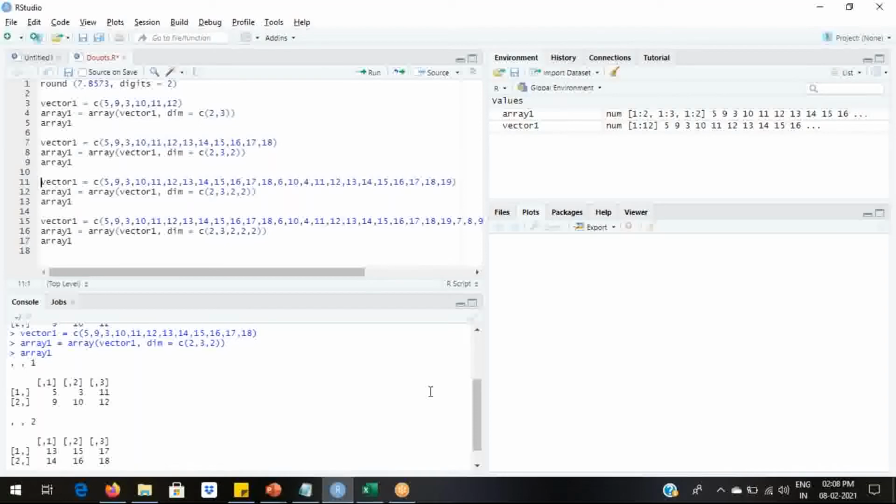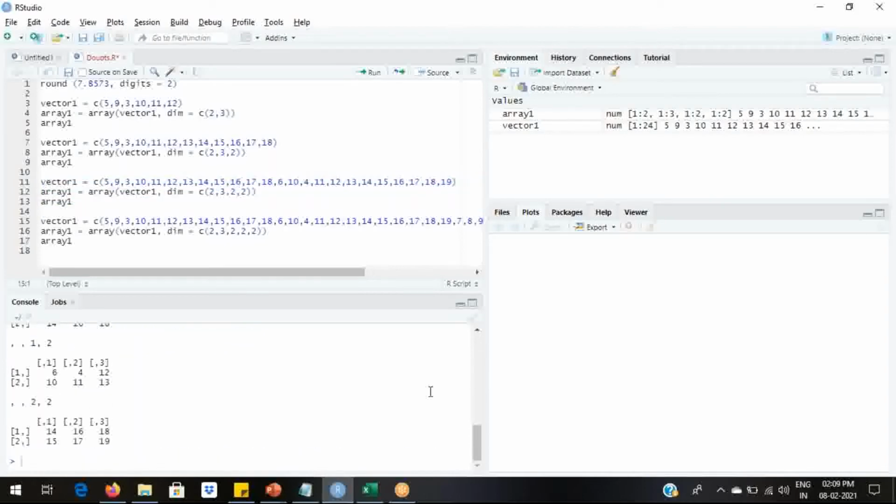Now let's try a similar example for 4 dimensions. Of course, in industry, we may not require more than 3 dimensions, but I just wanted to give you an idea of how arrays of 4 or higher dimensions will look like.